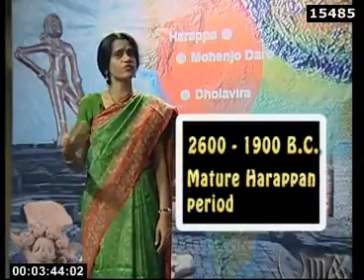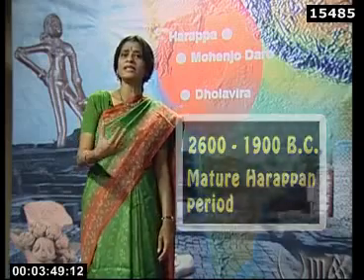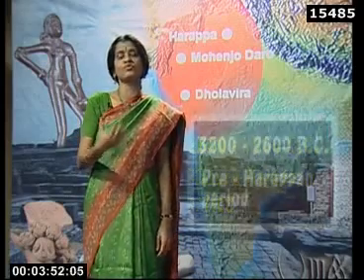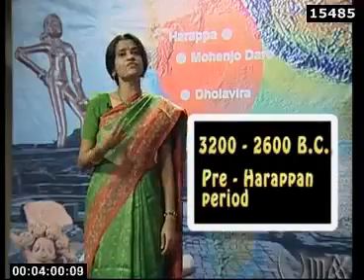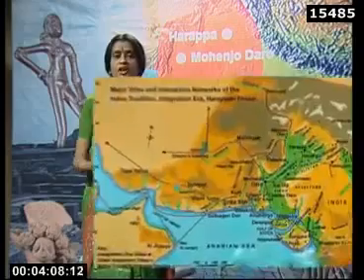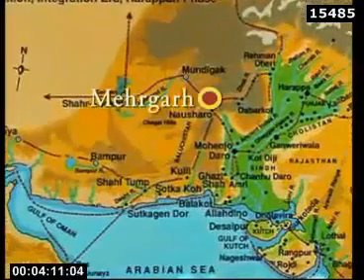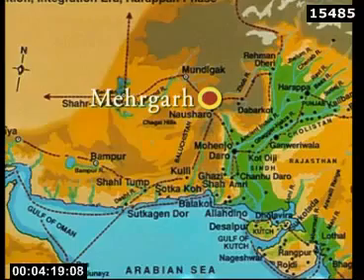Now, before we talk about this phase, which actually saw the efflorescence of the civilization, we need to look back. I would like to take you back to an earlier phase of 3200 to 2600 BC, a phase which archaeologists have called the pre or early Harappan. By this they mean these various rural settlements dotting the geographical expanse of land in modern Pakistan, Afghanistan and Balochistan, rural settlements where Mehergarh is one of the most important sites which was explored and excavated for various seasons. You must be all aware of the site of Mehergarh. Now, archaeologists